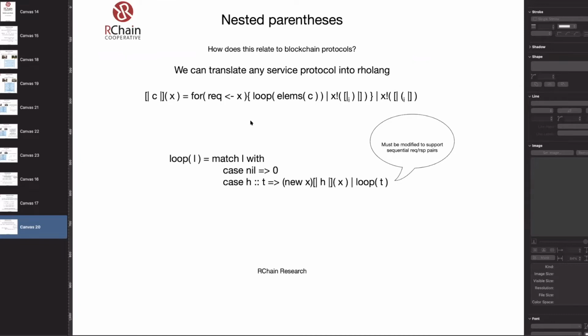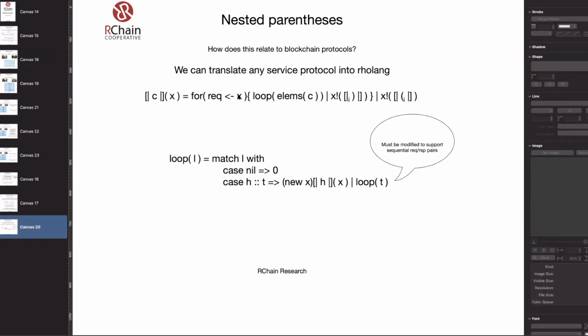I'm using the square brackets polymorphically to translate both conversations and requests and responses within the conversation. So this is the translation of the request, and this is the translation of the response. Notice that the translation function, at least for conversations, takes X as a parameter. So X is some channel.